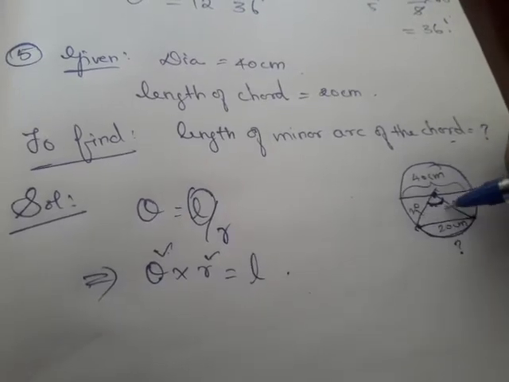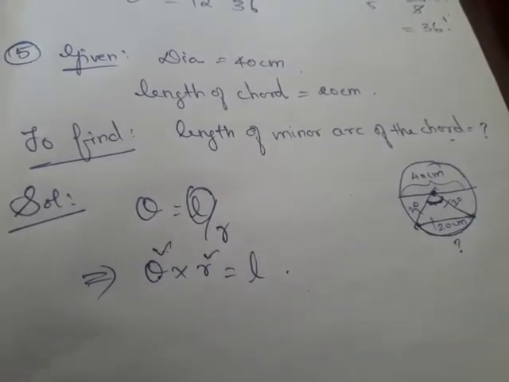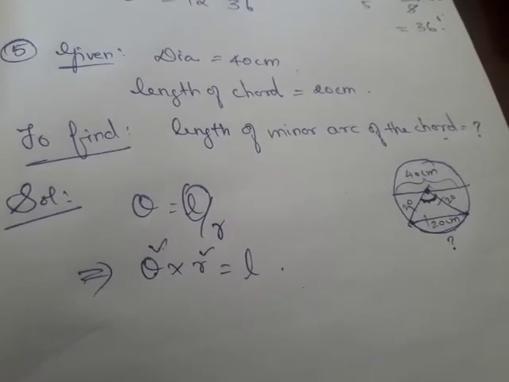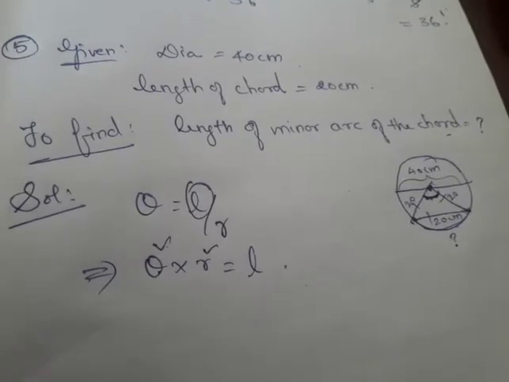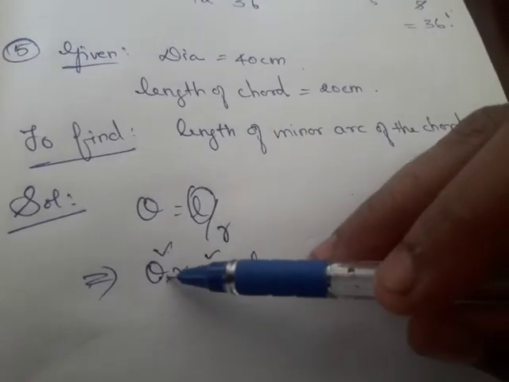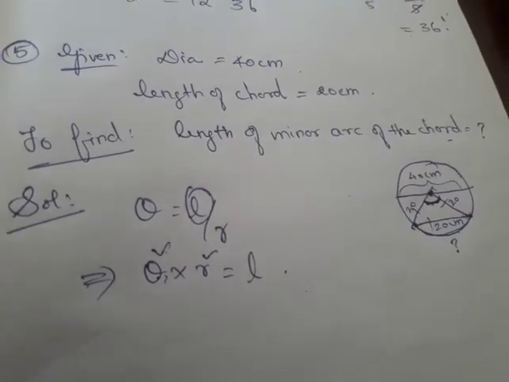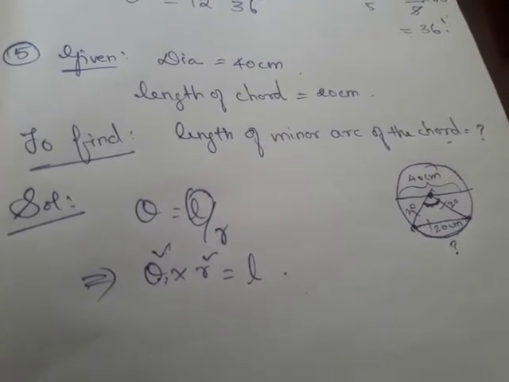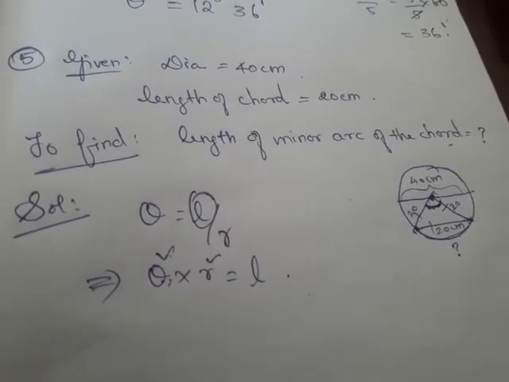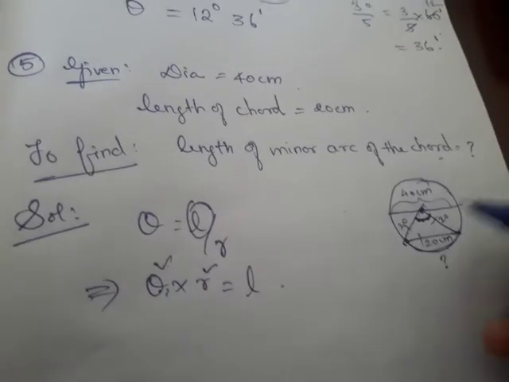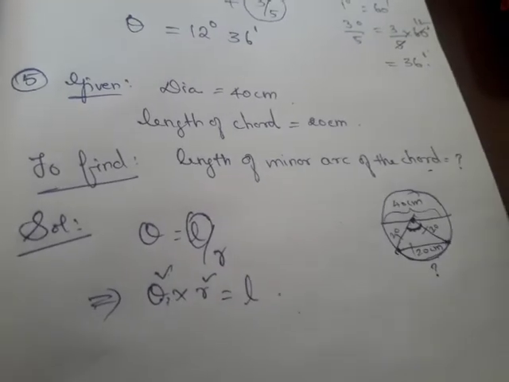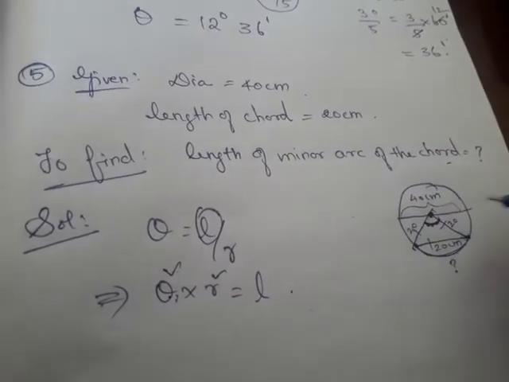Now what type of triangle is this? All the three sides are equal, therefore it is an equilateral triangle. In an equilateral triangle, each angle is 60 degree. Remember, it is 60 degree. But for theta we need the value in radian. We know how to convert degree to radian, right? So convert it and then substitute so that we can find the answer. But how will you do it mathematically? You should give your answers properly. Directly you cannot take theta. You have to explain it to the examiner.